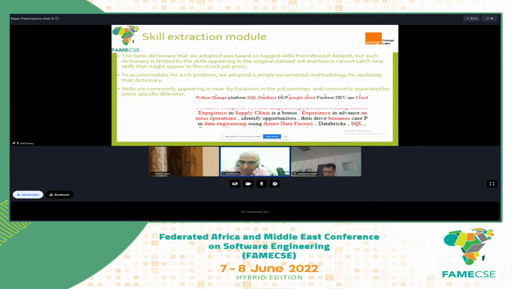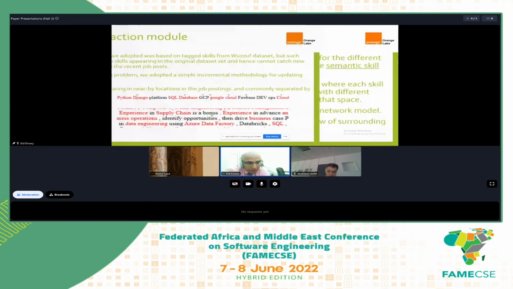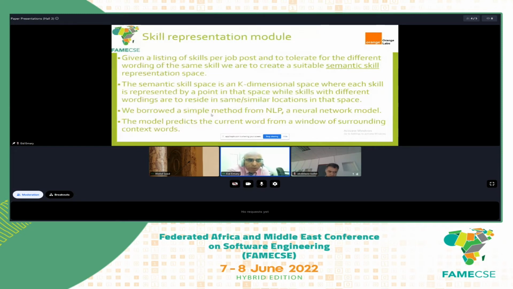But Databricks is not there, so here we can guess that Databricks is a skill, but it is not in the dictionary, so we add it to enhance our dictionary. Okay. After that, we go to the skill representation module,